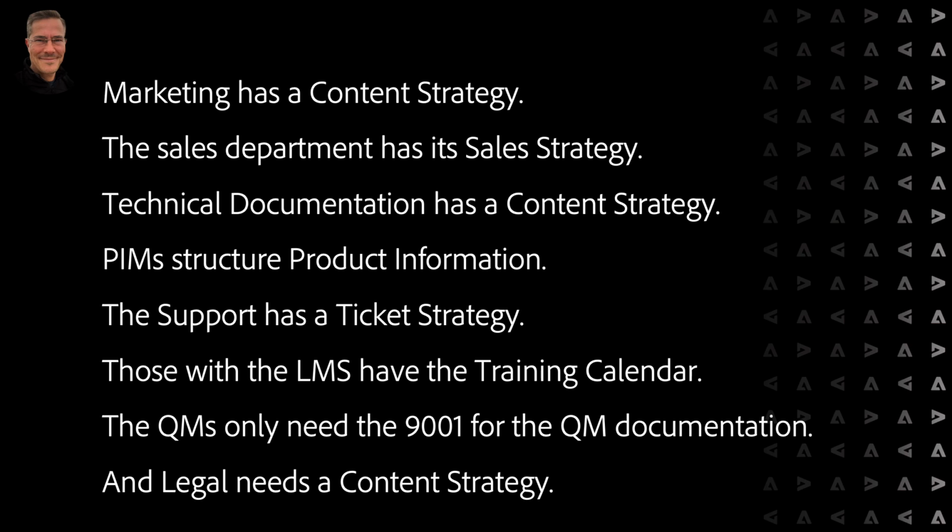But they need to think further, and they need to think beyond just creating that process documentation manual. They need to think about who wants to access that content, who needs to access that content, how can I get that procedure and policies documentation and my quality and process documentation to my content consumers? And I don't want to have that just locked away as a printout in my cupboard until the QM auditor comes and wants to review it once a year. No, we want to have that available for the whole company so that the whole company starts to live the quality management. And that means you need to think about a content strategy for your quality management documentation as well